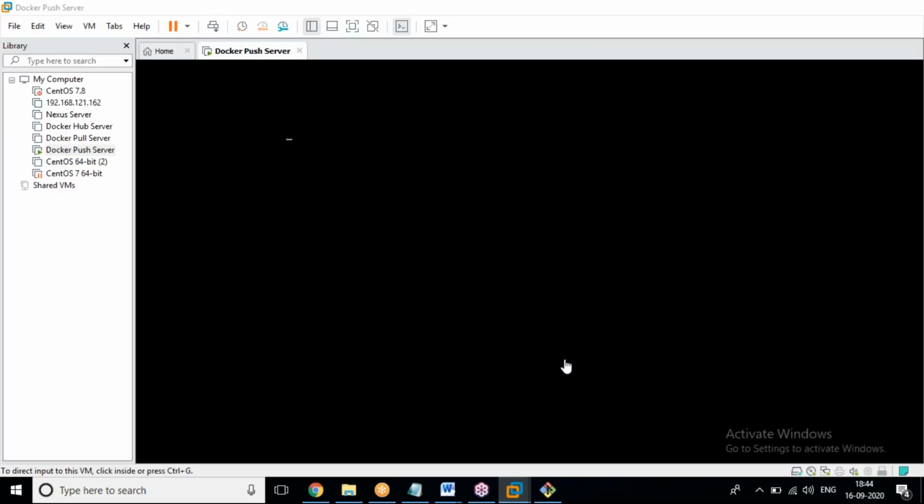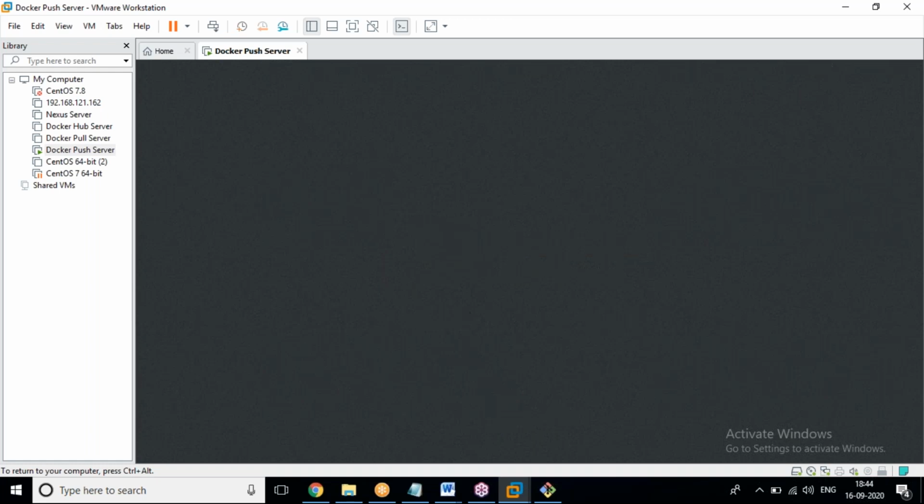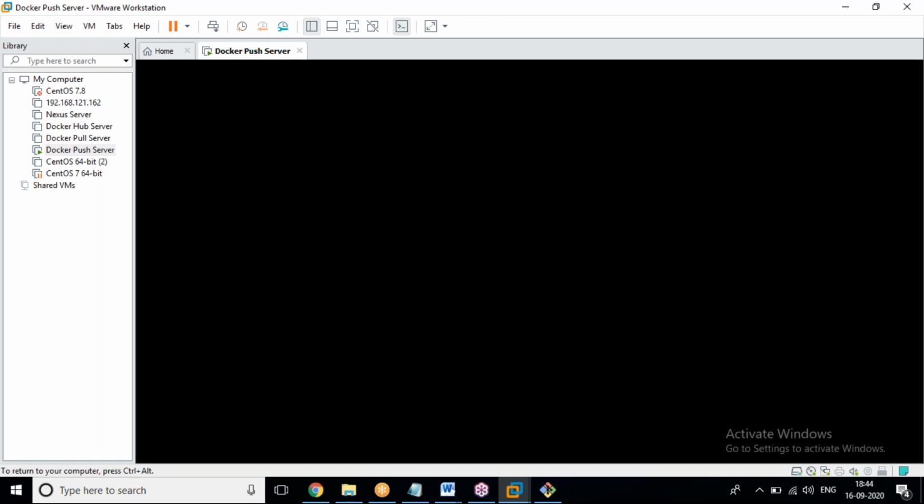You can see here, just wait. Yes, Vi and Vim are purely related to Linux. In Linux, that is the editor. Editor for what?